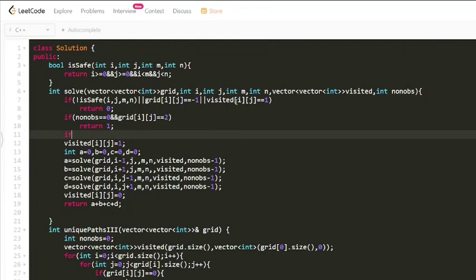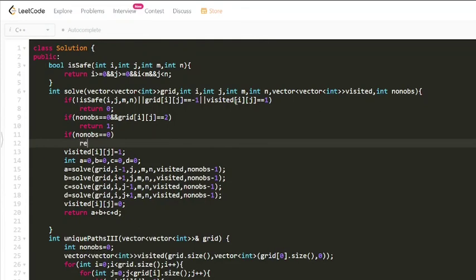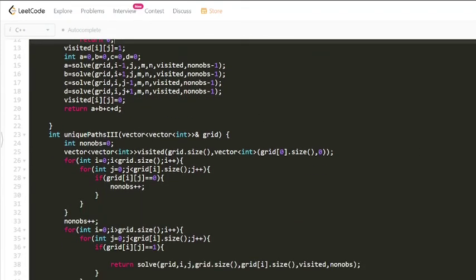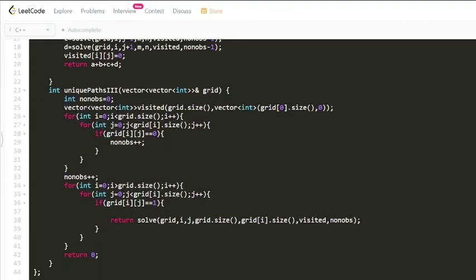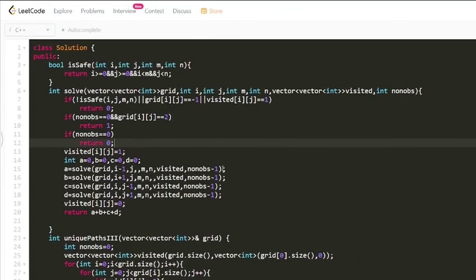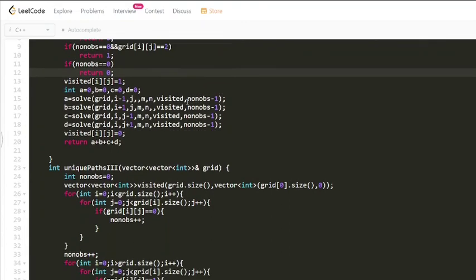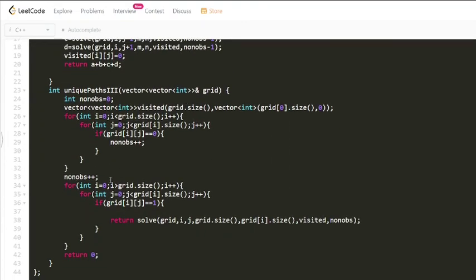And if this condition is not satisfied but the number of obstacles is 0, right, then we will return 0. Now let's run this code, okay. But let's see if there is any mistake or not. So over here it will be greater than, right? So now let's run this code.